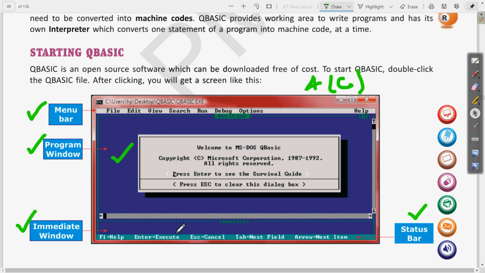Then the immediate window is present at the bottom, where you can write and execute a single statement and see its output. Then the status bar is the bottommost bar, where the different shortcut keys are present. So these are the 4 components of the QBasic window. I hope you have written.